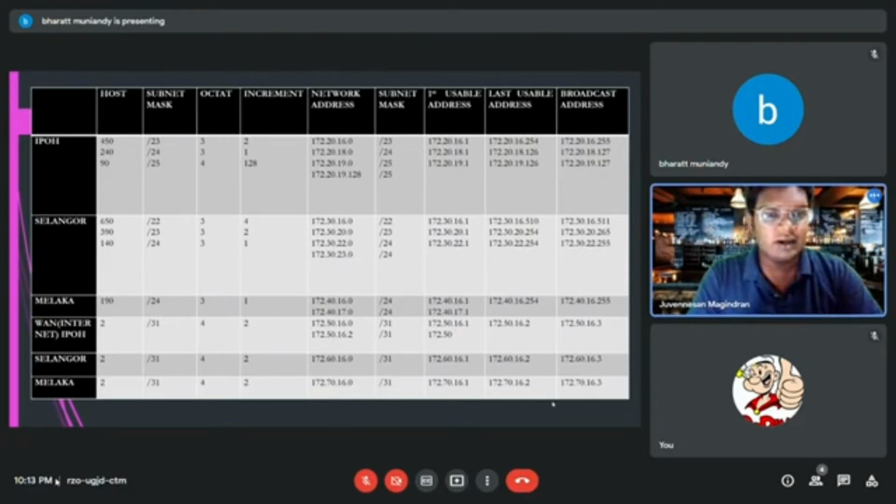It is 19.91. For the broadcast, after we subtract from 128, the answer will be 0.127. Now we go for Slango. The first source is 650. So for 650, the subnet mask will be 22. The octet will be 3 and the increment is 4. Now the network address is